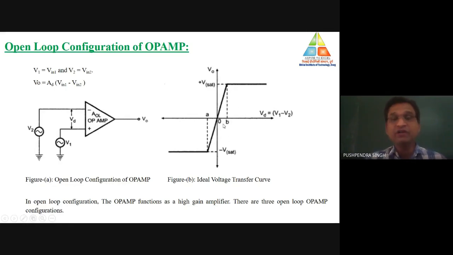If the value of gain is not reduced, we will not be able to work in linear region, and the circuit cannot be operated for the application which works in linear region. So that's why in general we are not using the open loop configuration whenever we are using the operational amplifier for applications working in linear region. So this is the meaning of this plot. This plot represents the characteristic or transfer curve of the open loop condition of the op-amp.